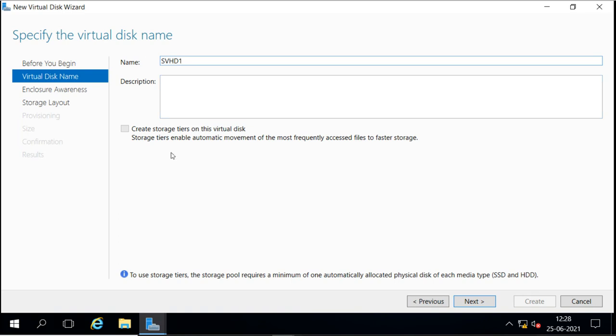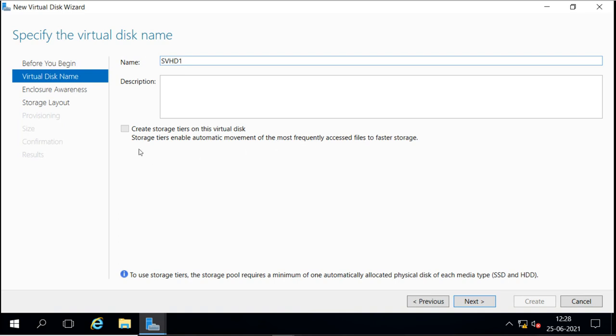Now we have one option here which is not available. It says create the storage tiers on this virtual disk. Storage tiers enable automatic movement of the most frequently accessed files to faster storage.